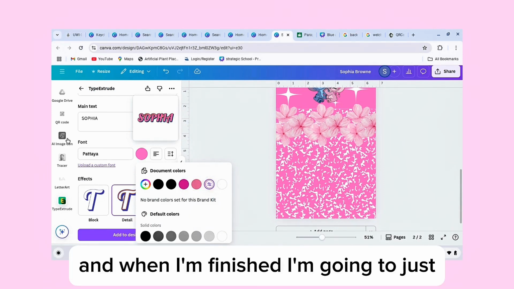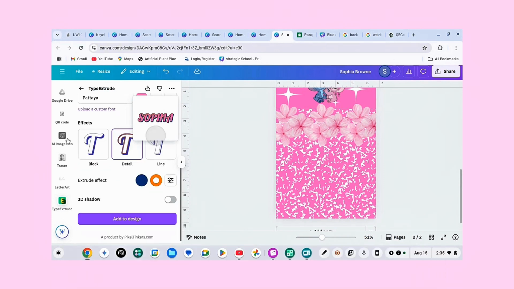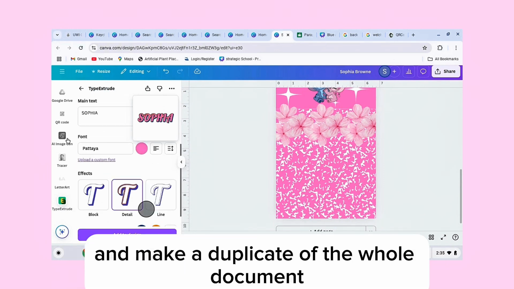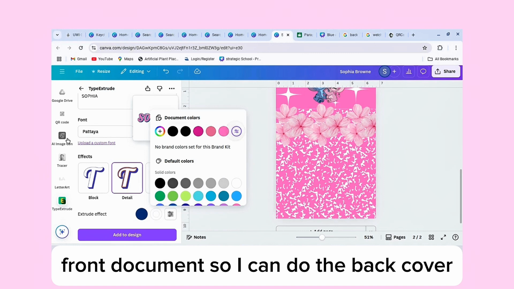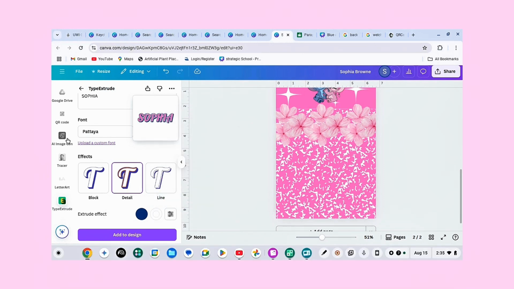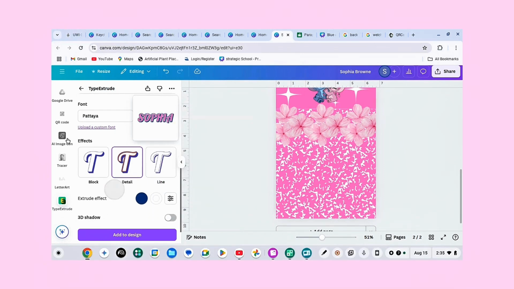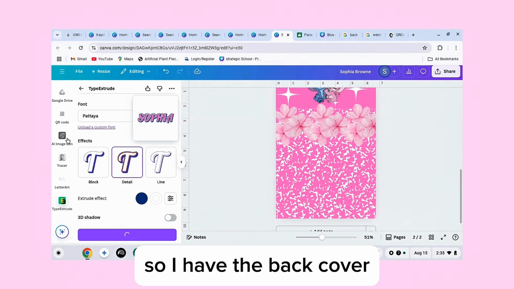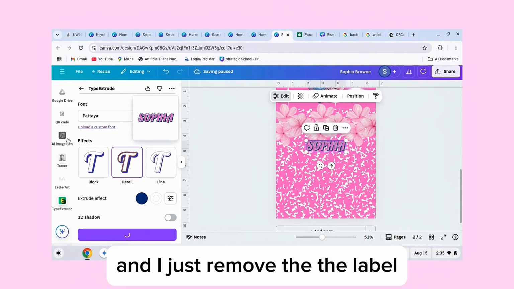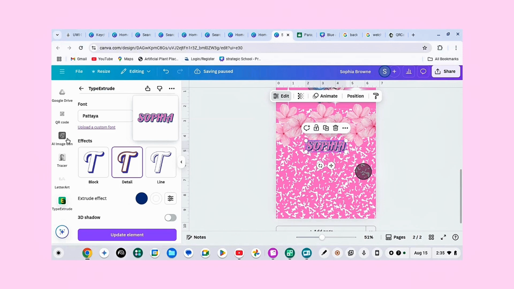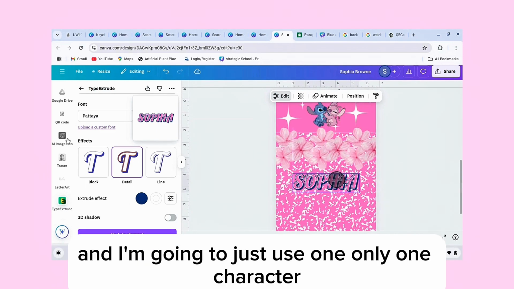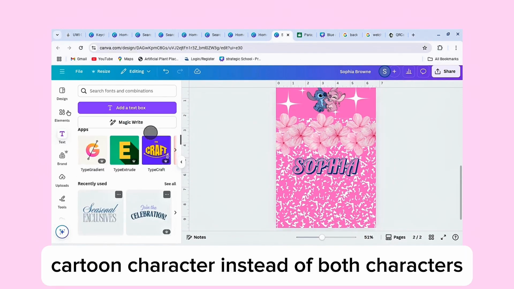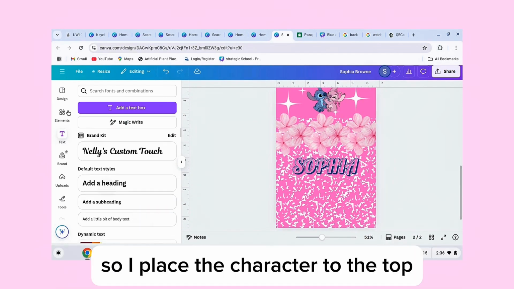And when I'm finished, I'm going to select duplicate and make a duplicate of the whole front document, so I can do the back cover. So here I have the back cover and I just remove the composition notebook label, because I don't need that to go on the back. And I'm going to use only one cartoon character instead of both characters. So I place the character at the top,